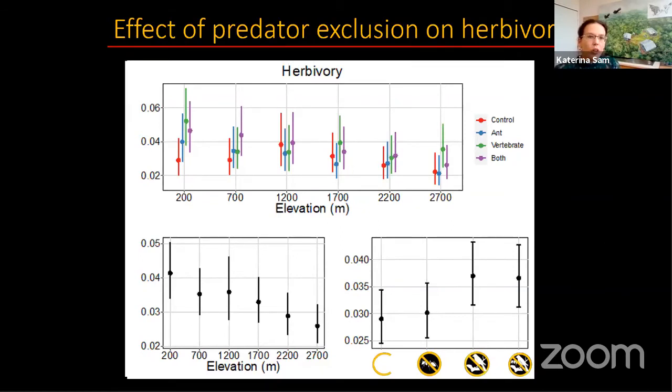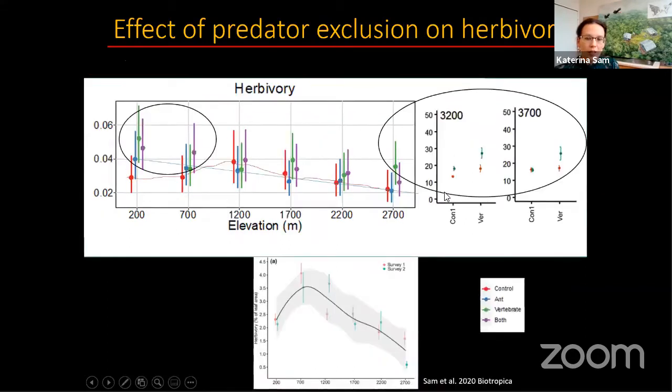But what I saw is that the removal of vertebrate predators is leading to a change in the herbivory. And in these main graphs, we were analyzing only the Ficus species, which finish their distribution at 2,700 meters above sea level. But we were actually working even higher above the distribution of the ficuses. And if I extend the graphs like this to the two higher elevations, we could see that the effect of the vertebrate predators was detectable at the lowest elevation and at the three highest elevations, which would correspond with the middle